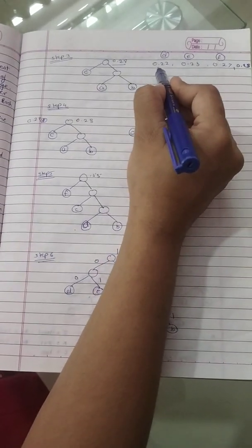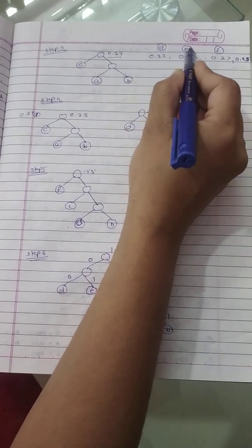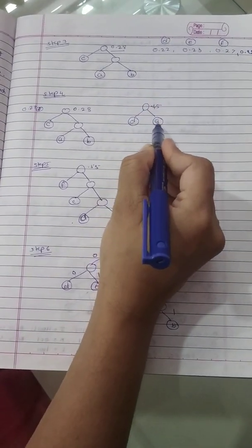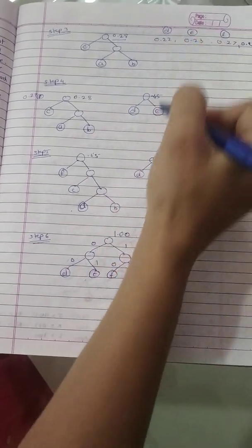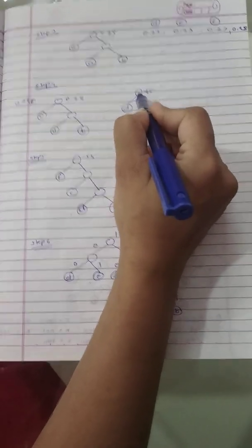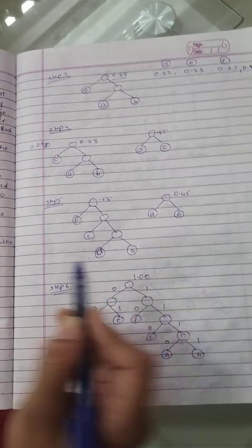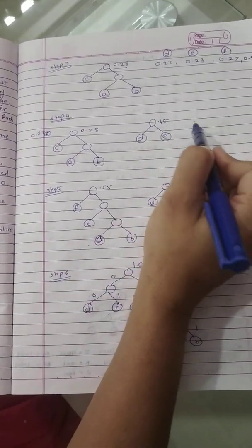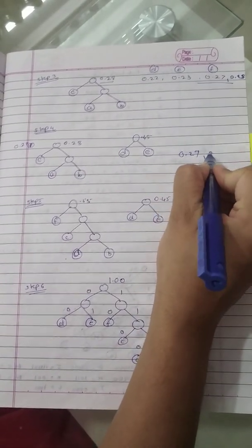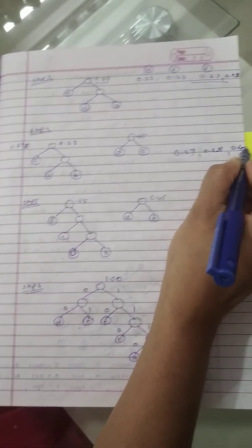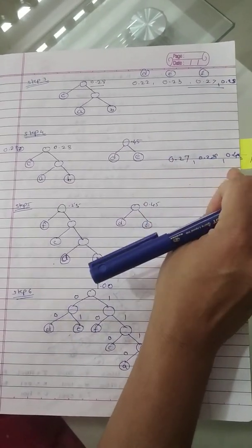Now next task is what? You have to again combine the lowest weight nodes, that is D and E. Then write down here D and E. D should be the smallest, should be the left child, and the larger should be the right child here, and derive the node that is having probability 0.45 here. Okay, now 0.45 is there, means you should include the remaining nodes: 0.27, 0.28 and 0.45.